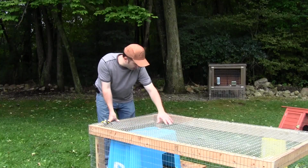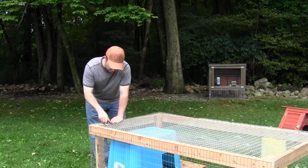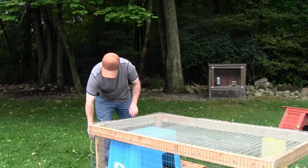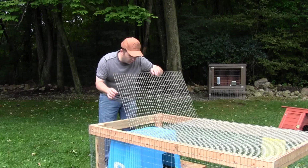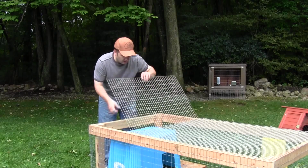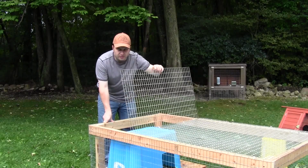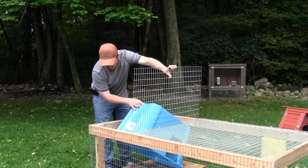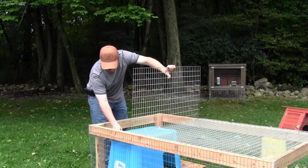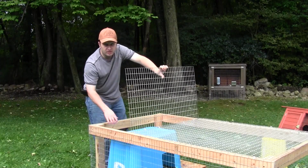There's a separate piece of wire on the final 2 feet of the top here, and I use gummy straps to keep that down, and I have wire ties where it meets the rest of the ceiling, and that way I can lift this up and get in pretty easily. I can also then lift up the tote here that I use for shelter,